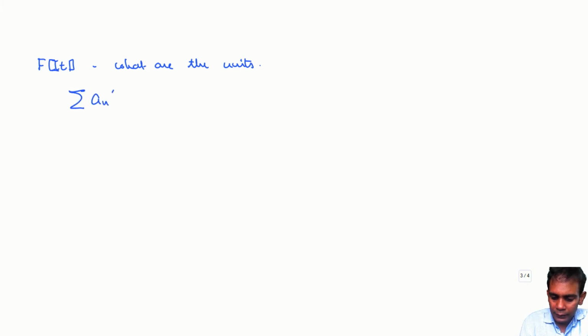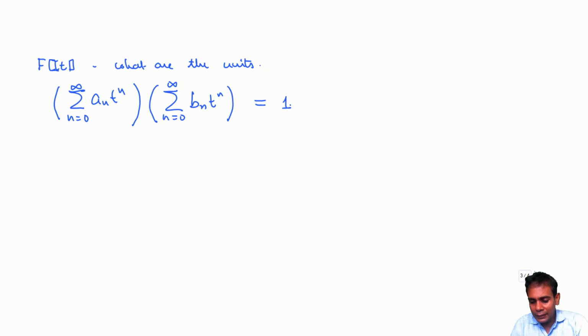Sum an t to the n, n goes from 0 to infinity, is a unit if and only if there exists another formal power series, sum bn t to the n, n equals 0 to infinity, such that this product is equal to 1, which means that on the right hand side we have a formal power series with degree 0 term equal to 1 and all the remaining terms equal to 0. If we write down what this means in terms of multiplication that we had just defined in the ring, this means that